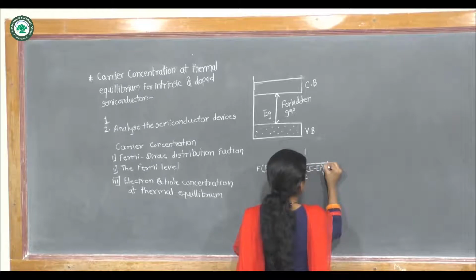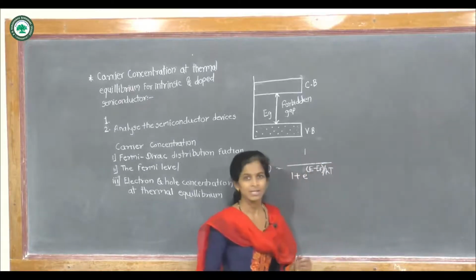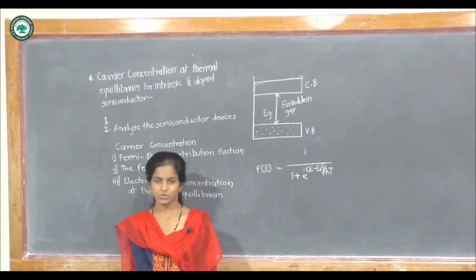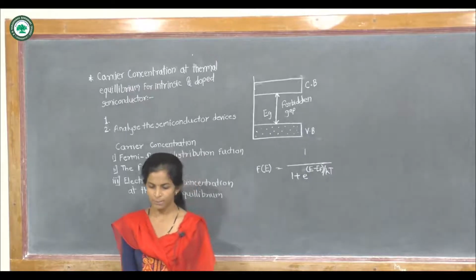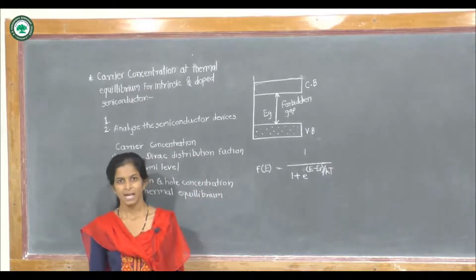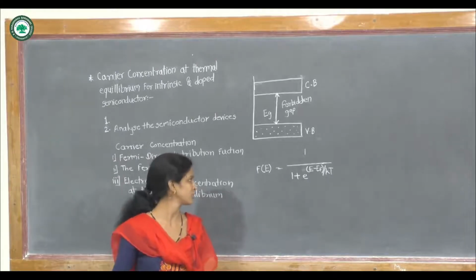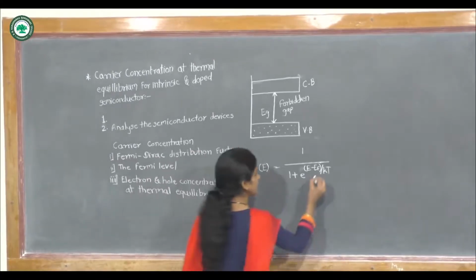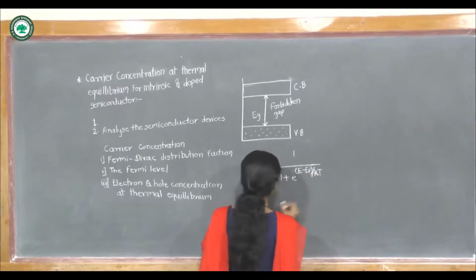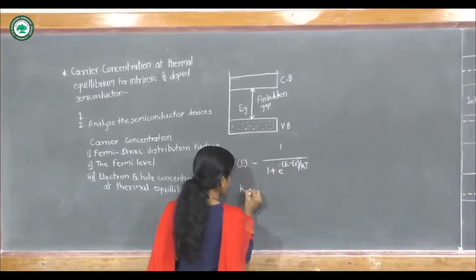This formula gives the probability that the allowed energy levels are occupied by electrons, in which K is the Boltzmann constant,